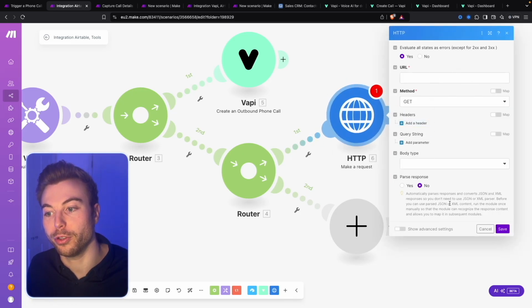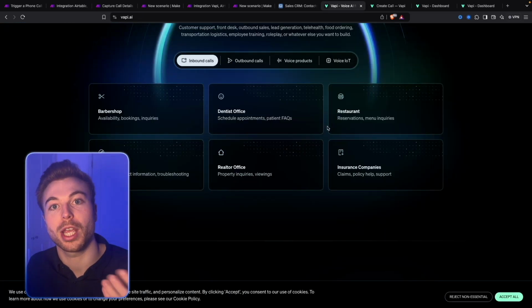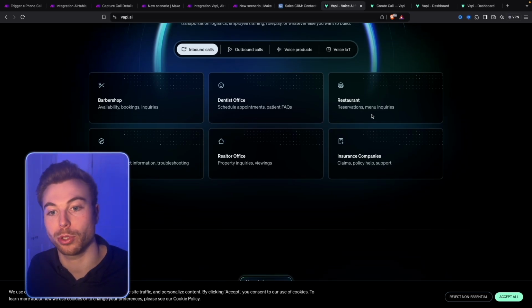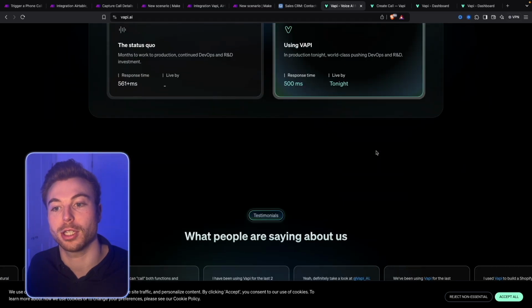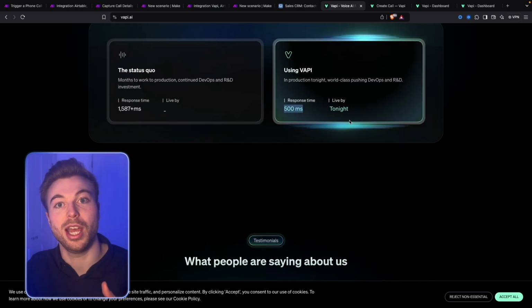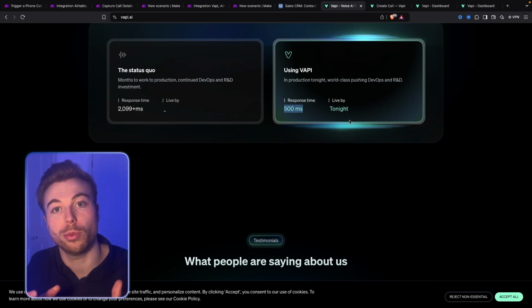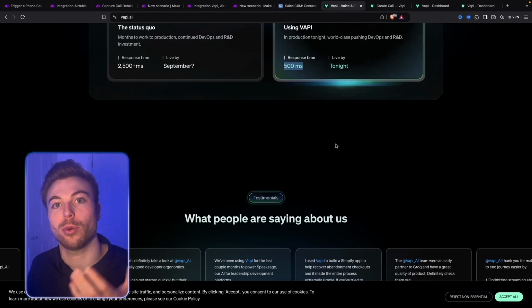Now we've got a few different URLs here, so what we need to do is come into VAPI. VAPI is great. It's really tailored for your developers, able to create lots of custom voice AI agents, as you can see here, barbershop, dentist. We've got insurance companies, lots of big markets coming through for this. We've got incredibly fast response time. Again, remembering between a second and 600 milliseconds is what a human normally takes to understand and then provide a response. So we're getting very close to that with a lot of the AI